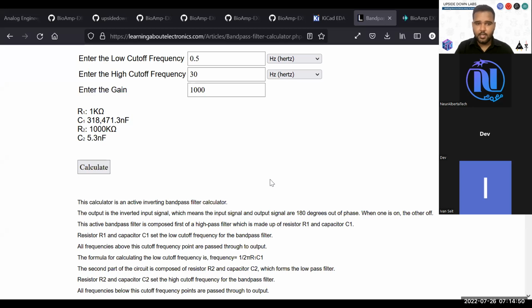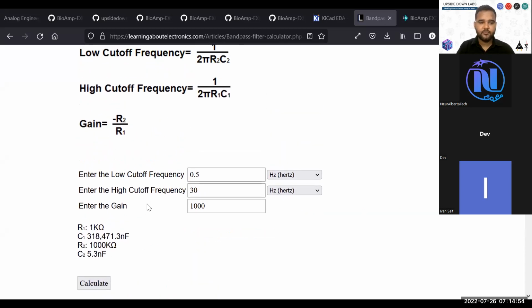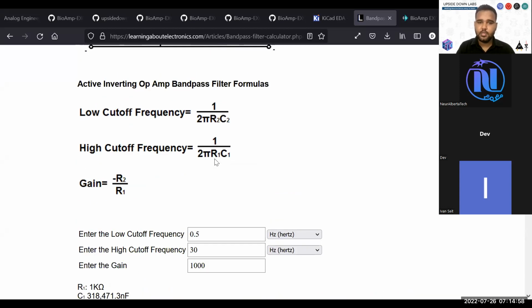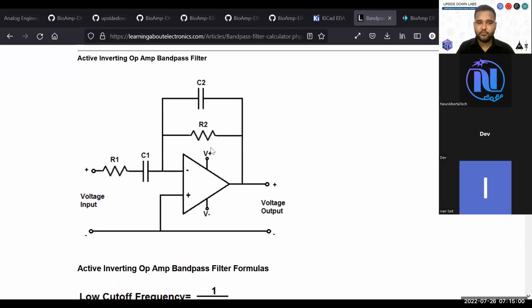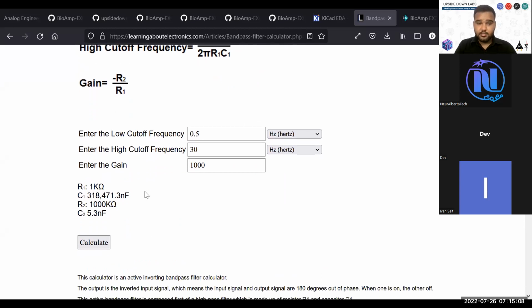So when I hit calculate, you will get the result for R1, C1, R2, C2. These are the values you have to use to create a 0.5 hertz to 30 hertz bandpass filter with 1000 gain. These are not the values you will find